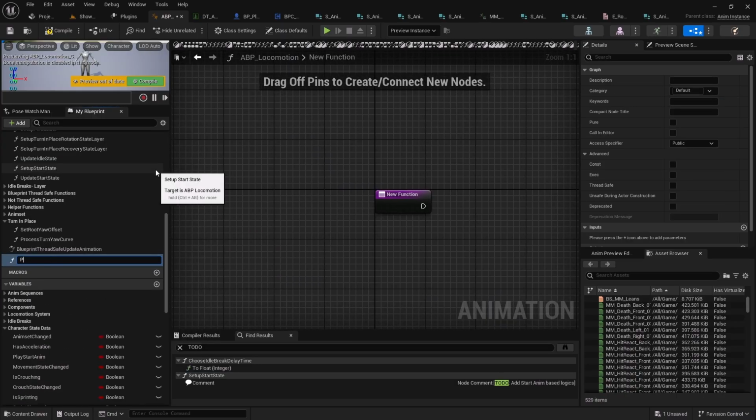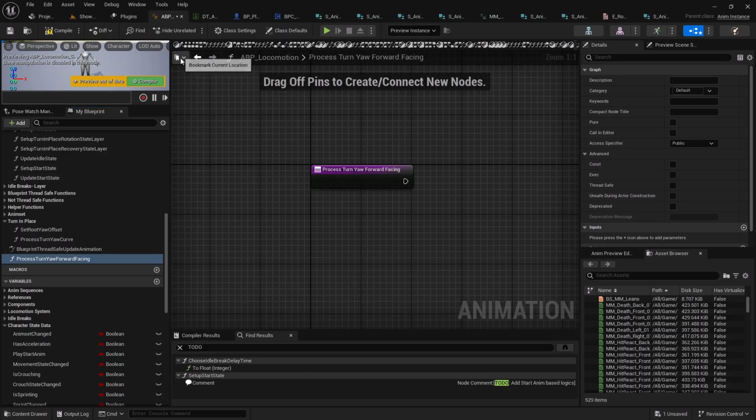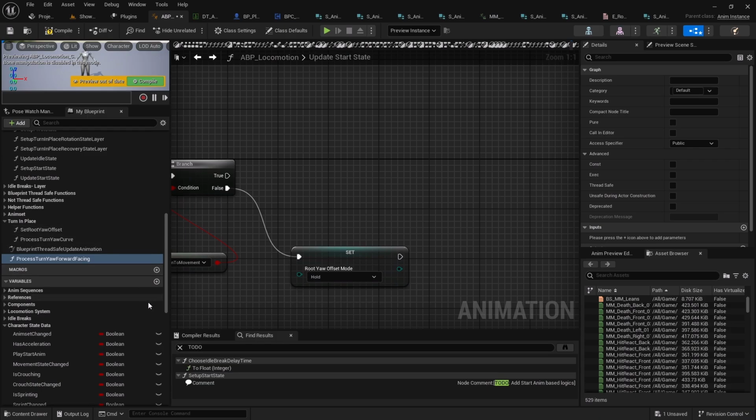Therefore I'll create a new function called process turn yaw forward facing, and I'll implement it later, but first let's assign it to here,